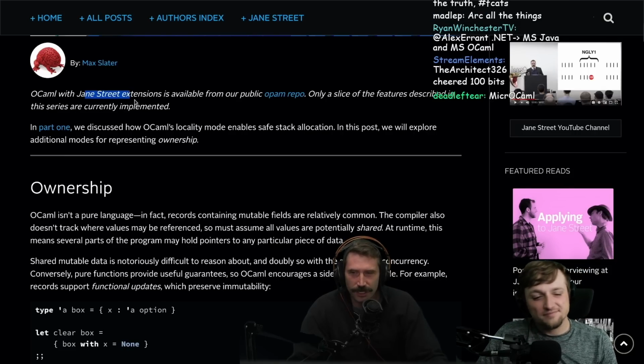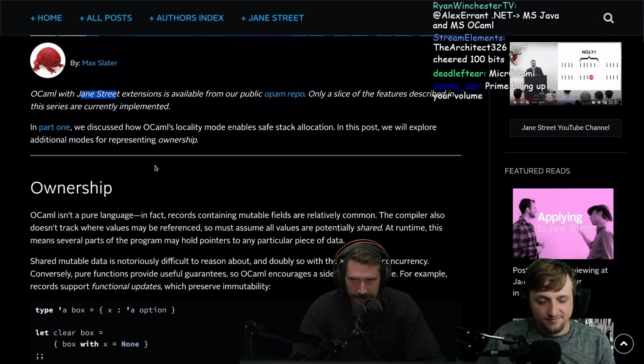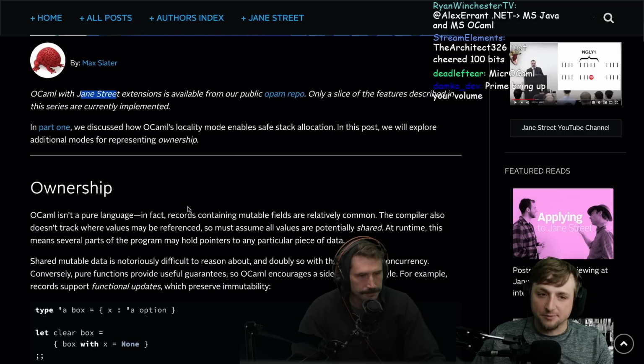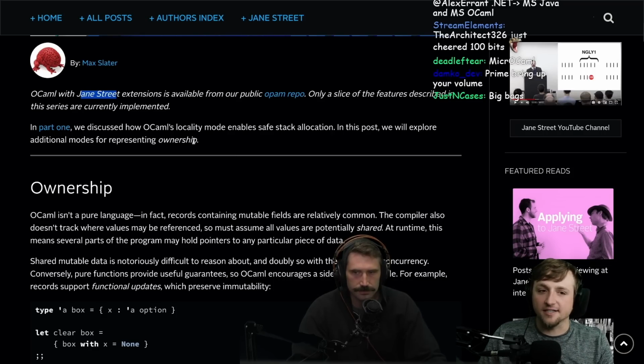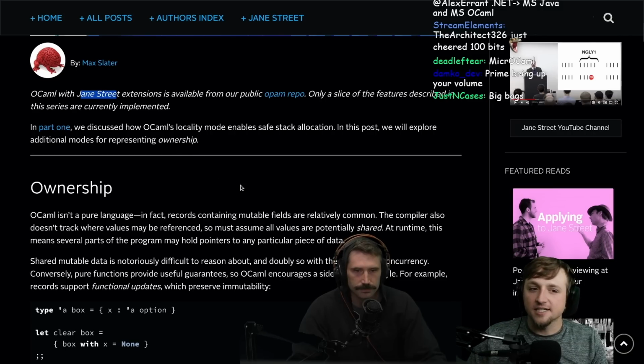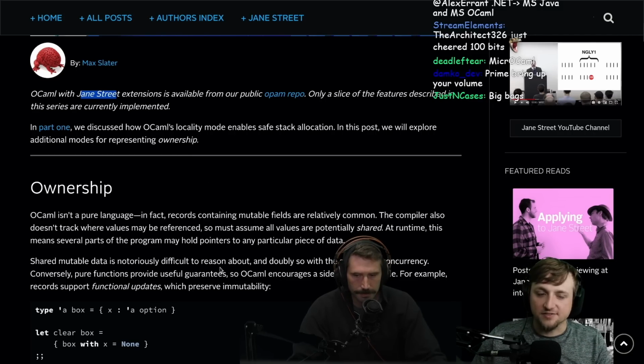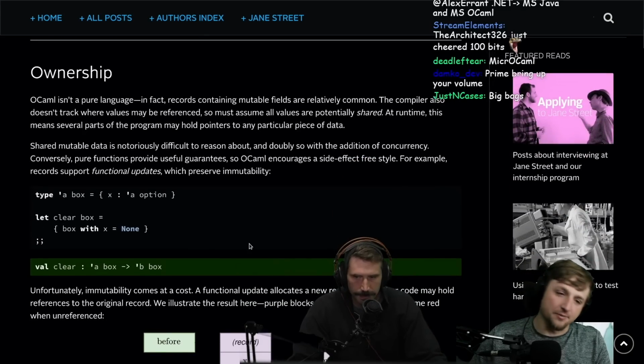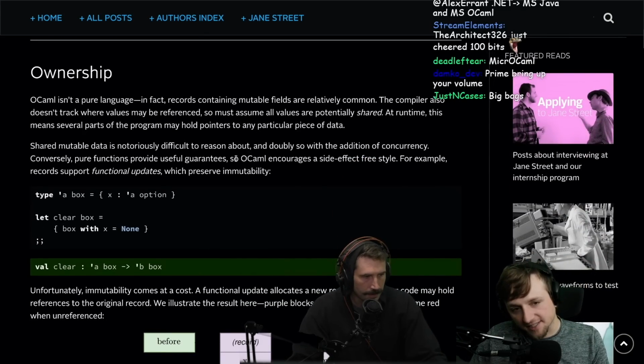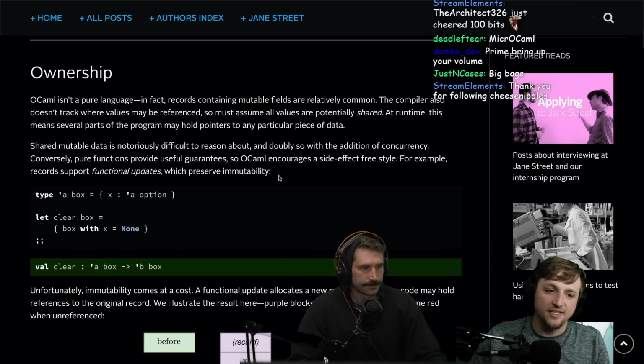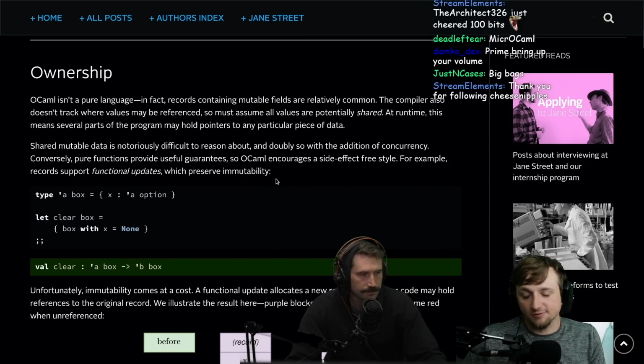So OCaml, if you don't know, Jane Street has largely been the champion of developing OCaml into a modern era. Is that fair to say? Yeah, there's some other people doing really interesting stuff, but Jane Street has been pushing a lot as well in the exploratory aspects of the language. They have unboxed types and now oxidizing OCaml and some other stuff like that.